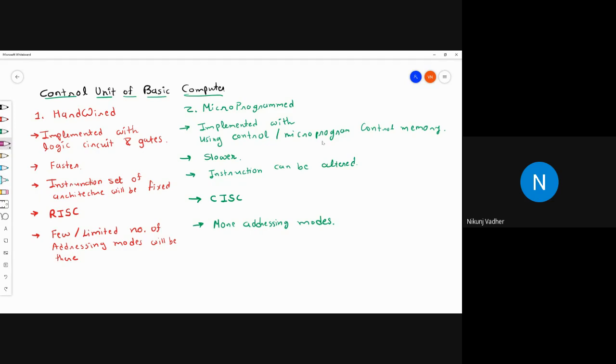If we write the formal definition, we can say: the computer unit which generates control signals to perform various operations on data is known as the control unit.